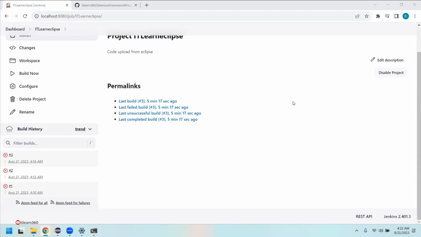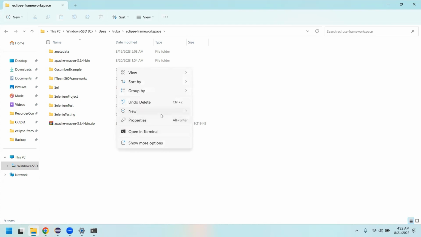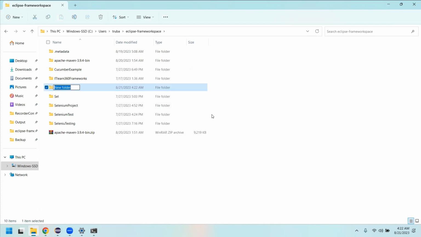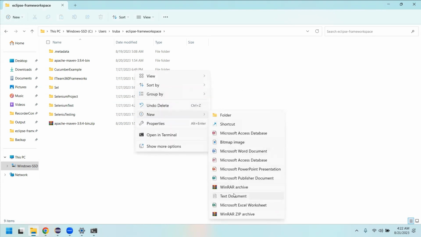So after multiple failures, I've just noticed that we have made a small mistake here. The mistake is that I'll go back to this run.bat file, just delete it and let's create it again, because I forgot a small thing to add, that is CD. But if I don't create a new one, it will be confusing for you. So just right click as usual, go to new, from new come to the text doc